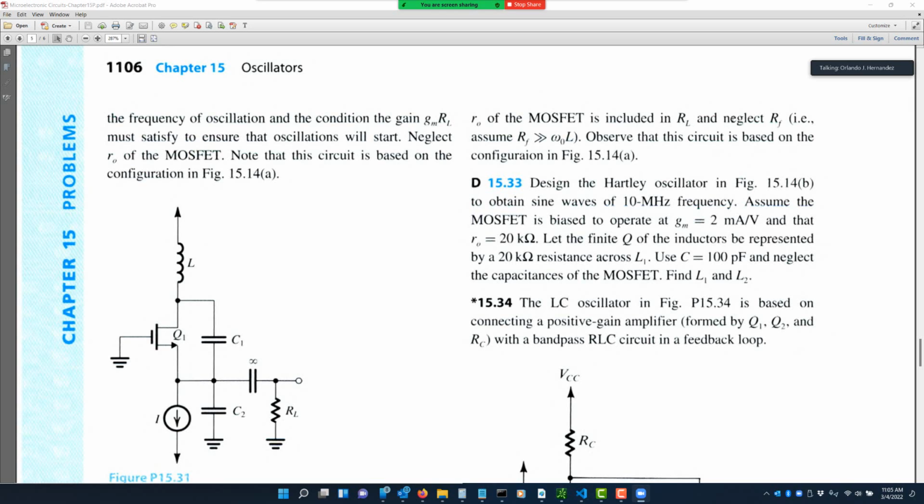Also, they allow us to neglect RF, which is essentially saying,